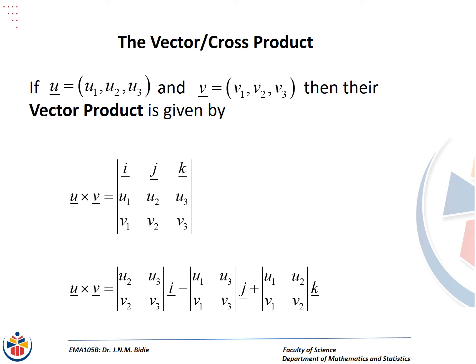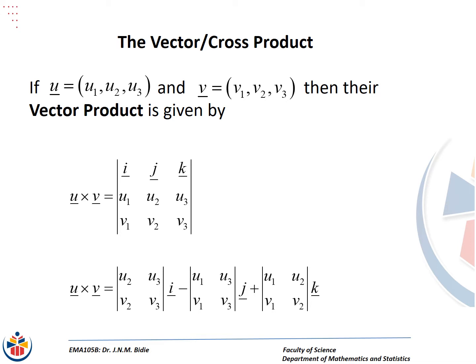We move to the vector, or what is commonly known as the cross product. It is so named because the product produces a vector. So if we have two vectors, u and v, in three-dimensional space, then their vector product is determined by evaluating the determinant of a 3 by 3 matrix,